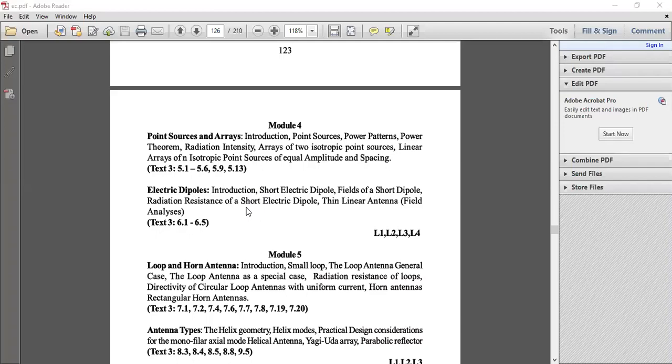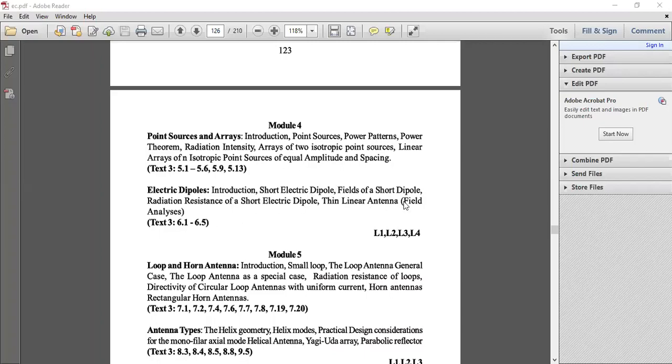The internals also I had given you the question. So that direct formula which you have written there, you have to actually prove here how that is actually 80 pi square L square by lambda square. Similarly, thin linear antenna is nothing but lambda by 2 dipole, one more derivation based on the analysis of linear antenna. And you have lambda by 2 dipole 73 ohm, which is the radiation resistance to prove.